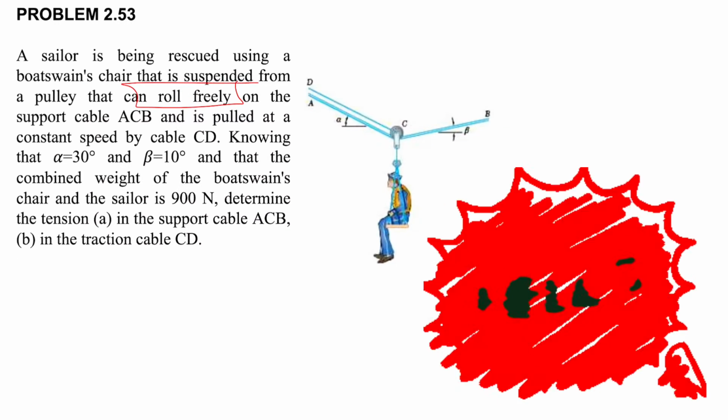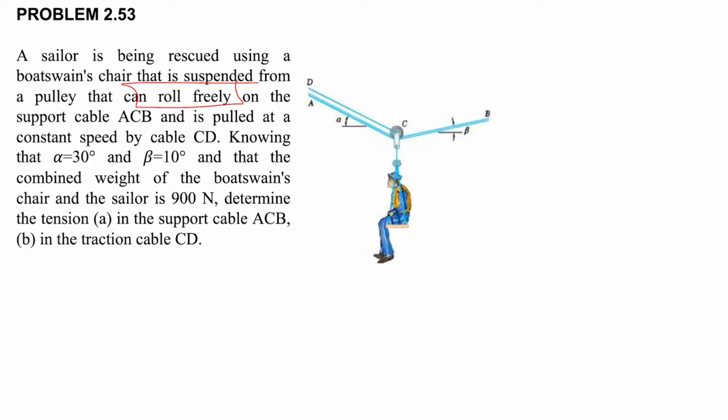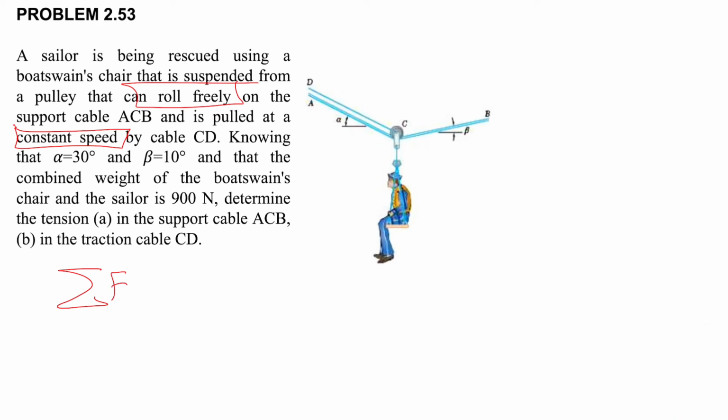Alright guys, welcome back. In today's question we have a sailor that is being rescued using a boatswain chair that is suspended from a pulley that can roll freely on the support. Rolling freely means there is no friction, so we don't consider any friction. And it's supported by cable ACB